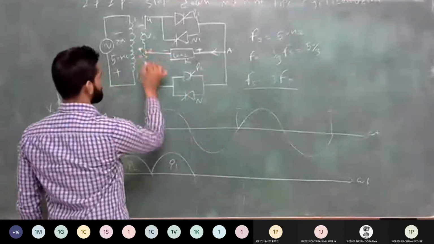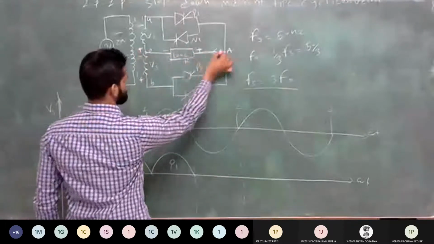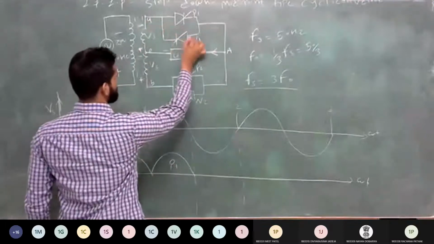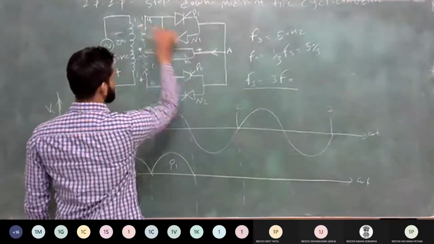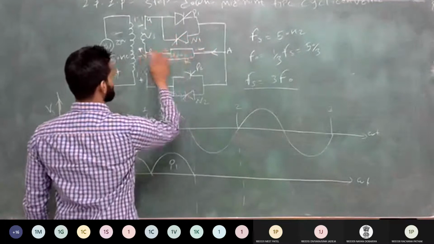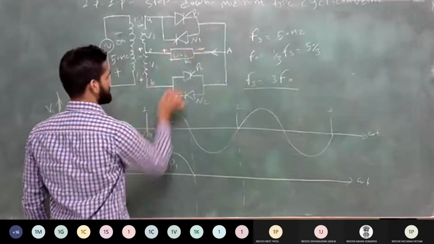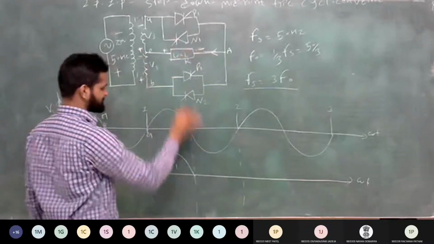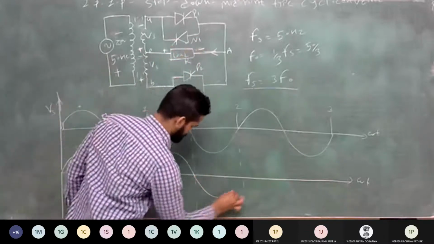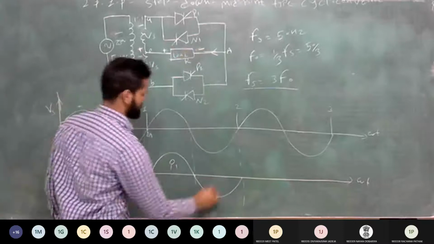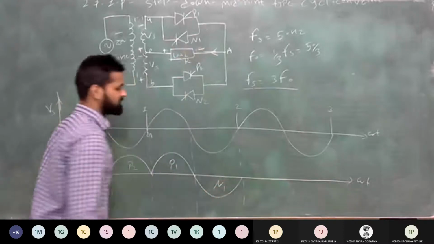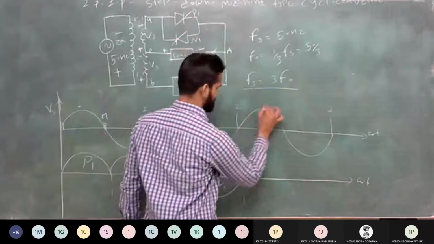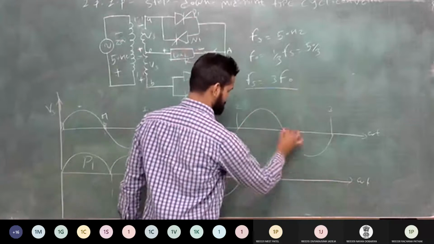Clear? So in this cycle of supply, you turn on N1. Here it is positive, so current flows in this direction. And A is negative, so during the conduction of N1, this negative terminal comes to this side, and the O point is always positive. It means you get the negative polarity of voltage, same as the supply. So you get the negative voltage by conduction of N1. Clear all of you? Now tell me, in the positive cycle of your supply, which thyristor will conduct?